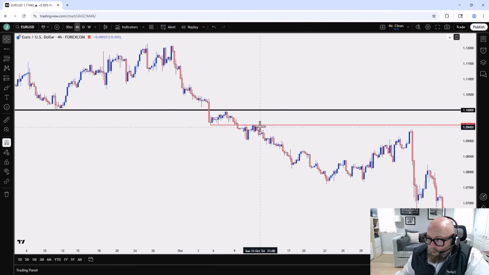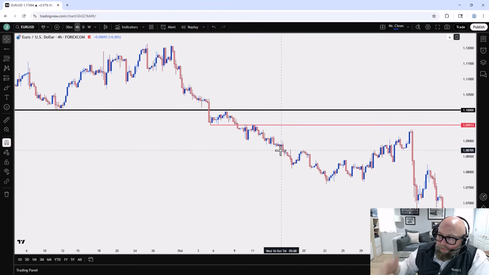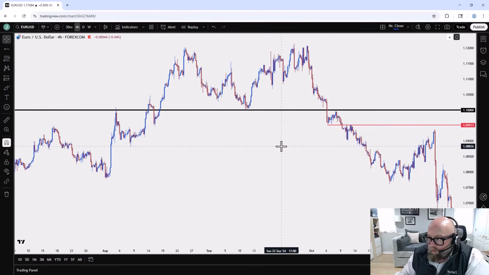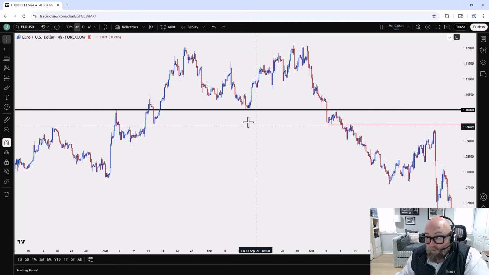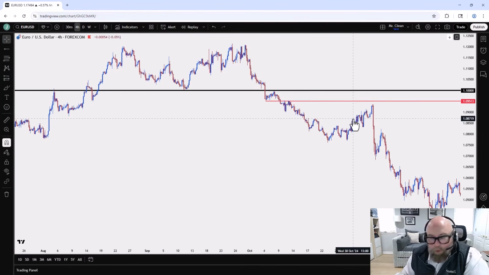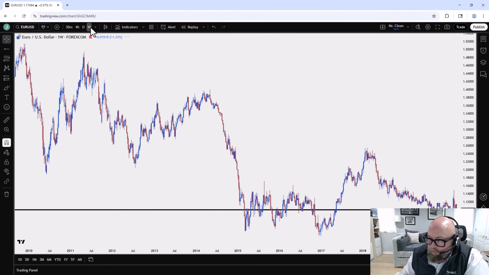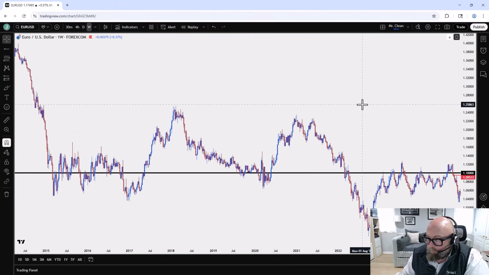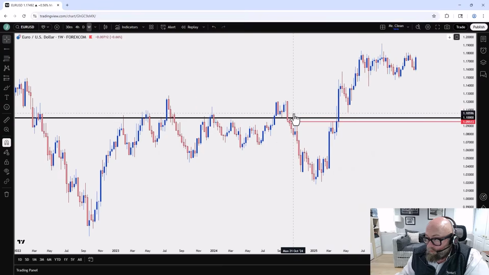And again, at that point, when we got the break, I'm looking for ways to get short. I'm looking for ways to sell resistance. And there's a variety of things that I could do. I could use prior swing levels. I could use Fibonacci levels. I could use psychological levels. But the whole point there is I don't want to get caught by saying, well, that's an uptrend. No, that's a pullback in a broader downtrend because the trend is being diagnosed on the weekly. We already have the breakdown of that move right in there.